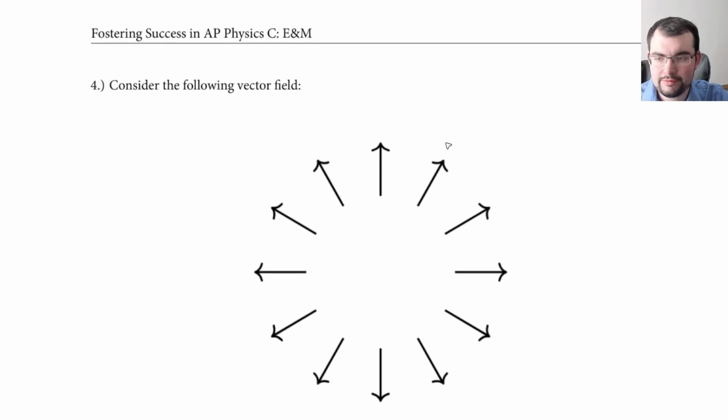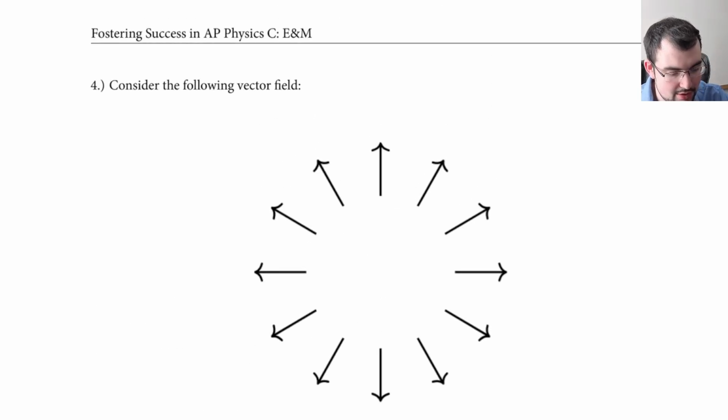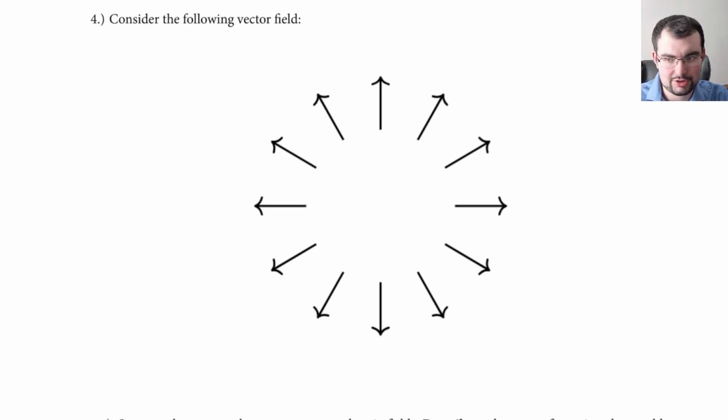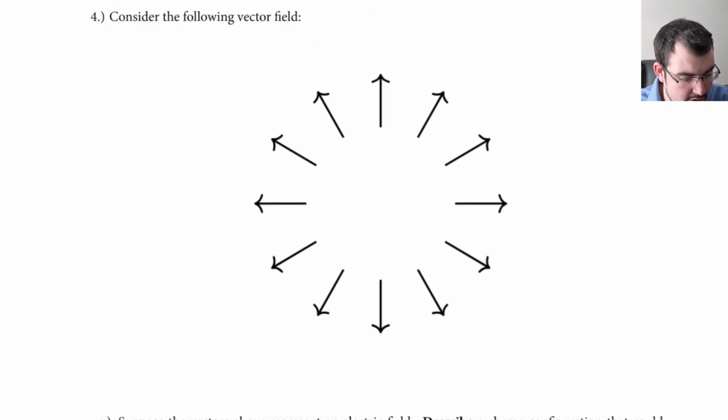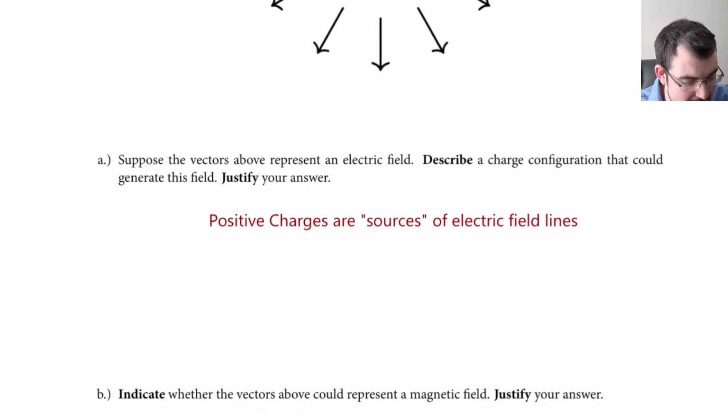Consider the following vector field. Suppose the vectors are an electric field. Describe a charge contribution that could generate this field. Justify your answer. Well, I hope we all know what electric field this could be at this point. This certainly looks like a positive charge to me, right? Positive charges are sources of electric field lines. So what charge distribution could generate this? Well, I could have just drawn a positive charge,